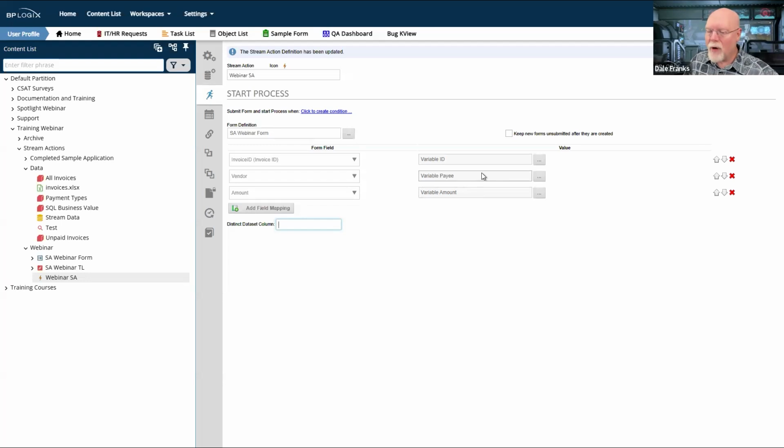Now, obviously, none of our data here is repeated, and in most cases, your data is not going to be repeated. But if it is, you can select a column that is the distinct column so that it only pulls back one row based on that distinct column. Again, kind of an edge use case. This has been in since the beginning. I don't think I've ever seen it used.